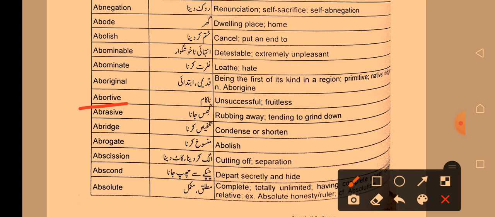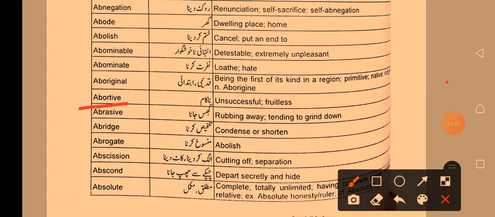Another word we have, not last but least, is abscond. Abscond means depart secretly and hide. It means something that could share data secretly, we can call abscond, but that act should be very bad. In that condition we can call abscond. The meaning of this word abscond is something that could be shared secretly. Okay. Last word we have is